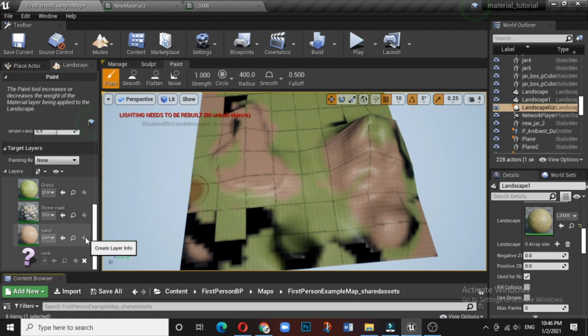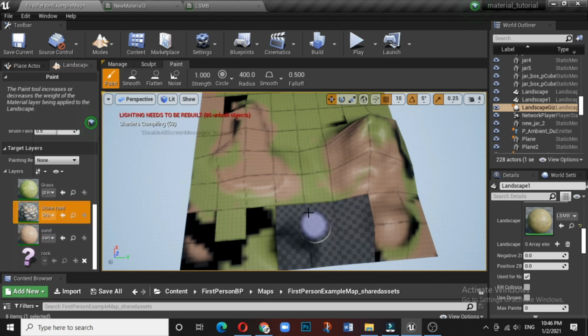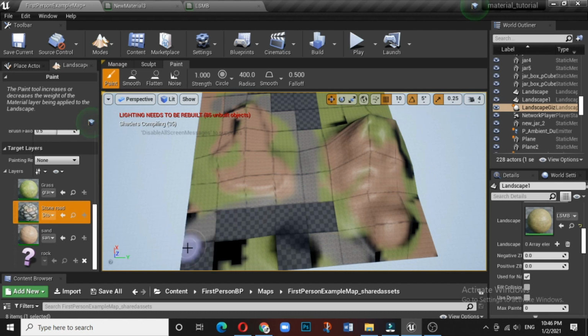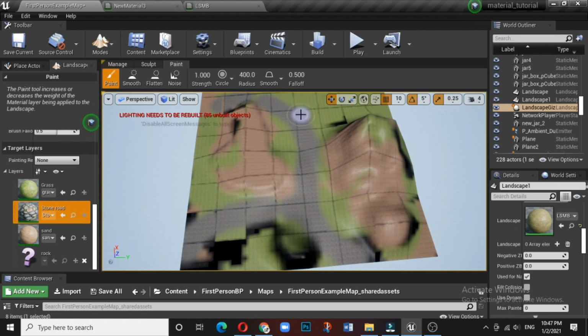Since the sand has already been created, it is not coming. Now again, stone road you apply. So whenever you apply anything for the first time, the whole thing will go black, and the compilation will happen.